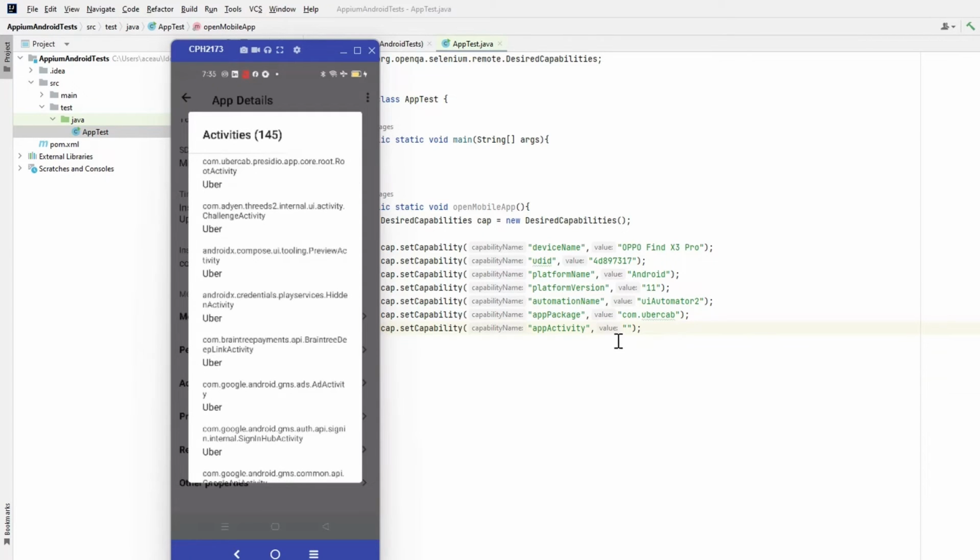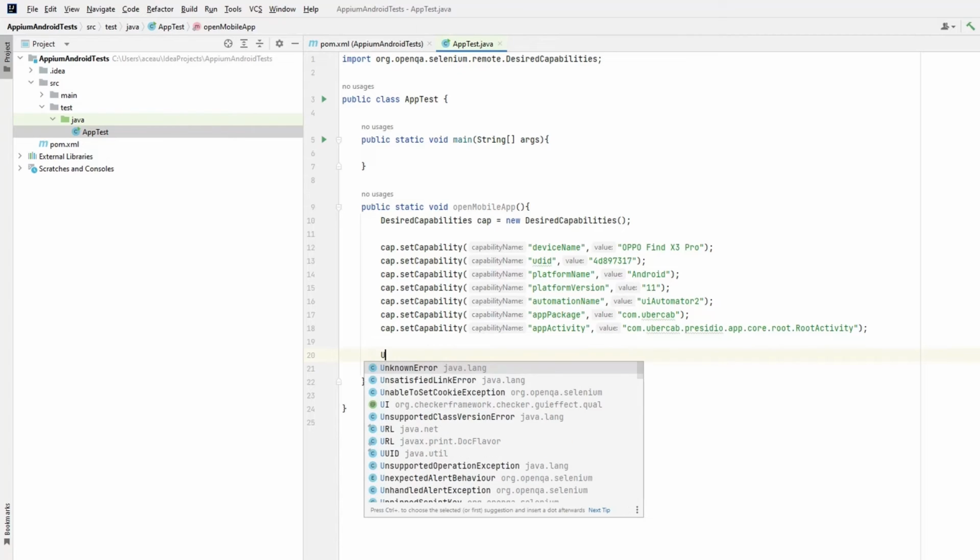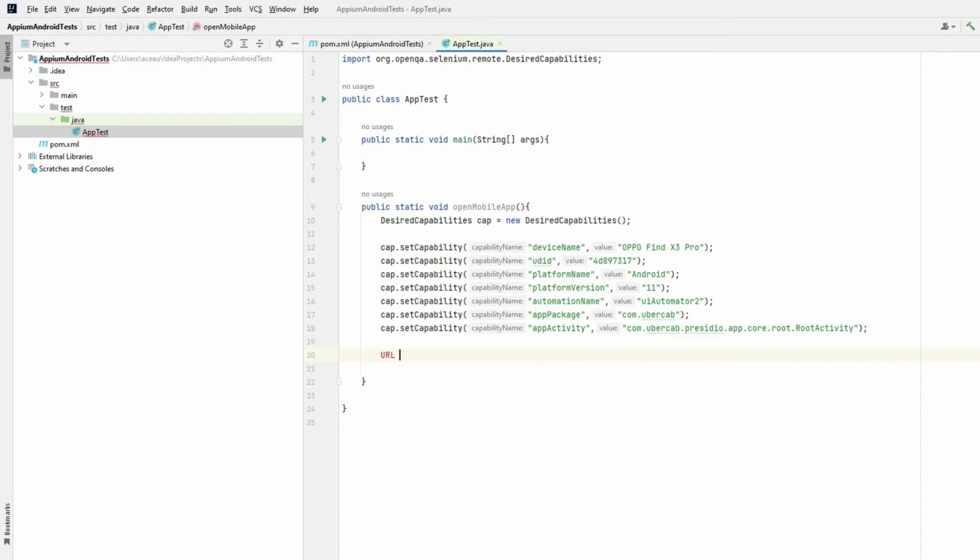Okay, so I'll just probably type it over here, com.uber.cab.presidio.app.core.root activity. All right, now I provided these details. Now what is important is we will have to declare a variable and a URL. So I'll declare here as URL, and then the URL that we want to provide is new URL with the double quotes, that is http